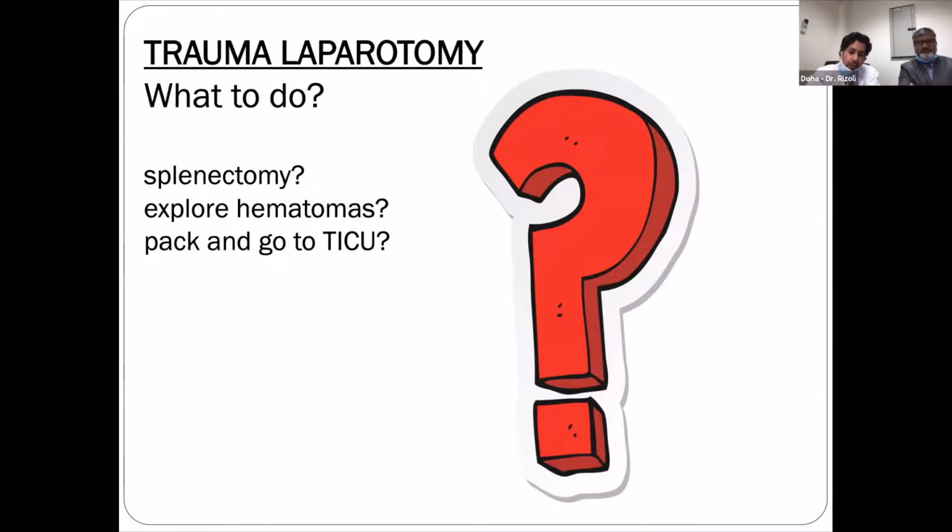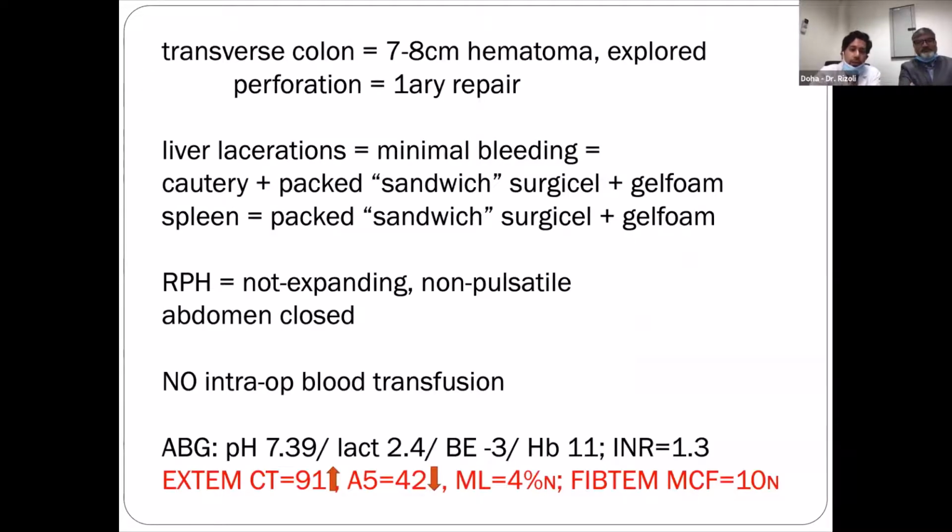We repaired the liver and the spleen. We didn't touch the zone 2 hematoma on the left side. We also looked at the pancreas tail and hematoma, and we decided to leave that alone. Then we ran the bowel. And when we ran the bowel, of course, the mesenteric hematoma was a concern. Sorry. So you can see here what we did with the liver. For the retroperitoneal hematoma, we decided to not approach it.